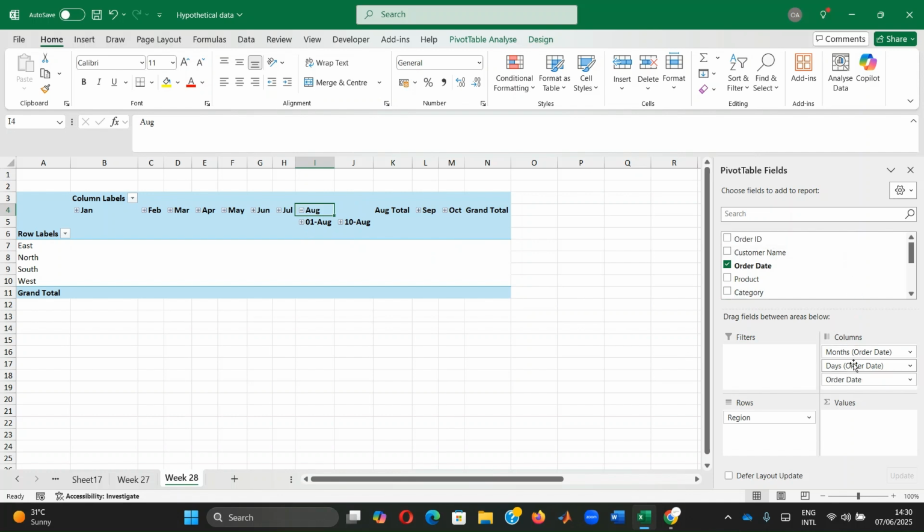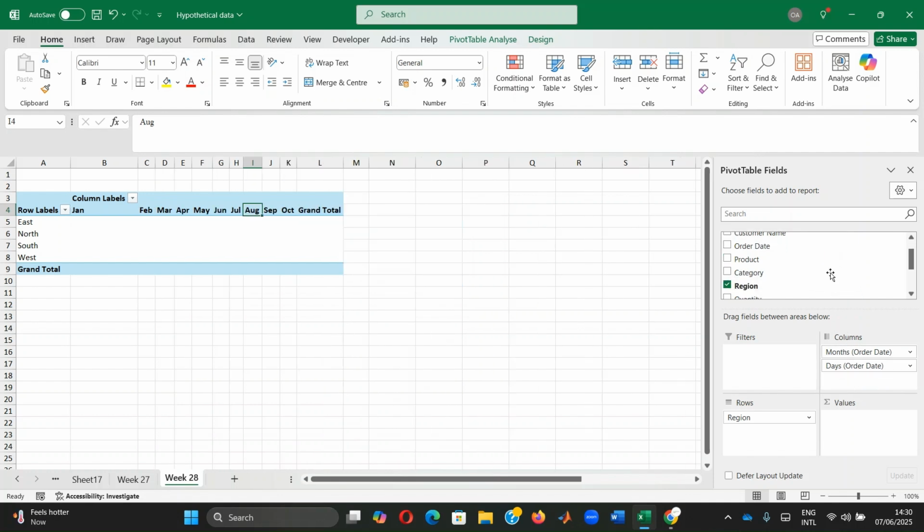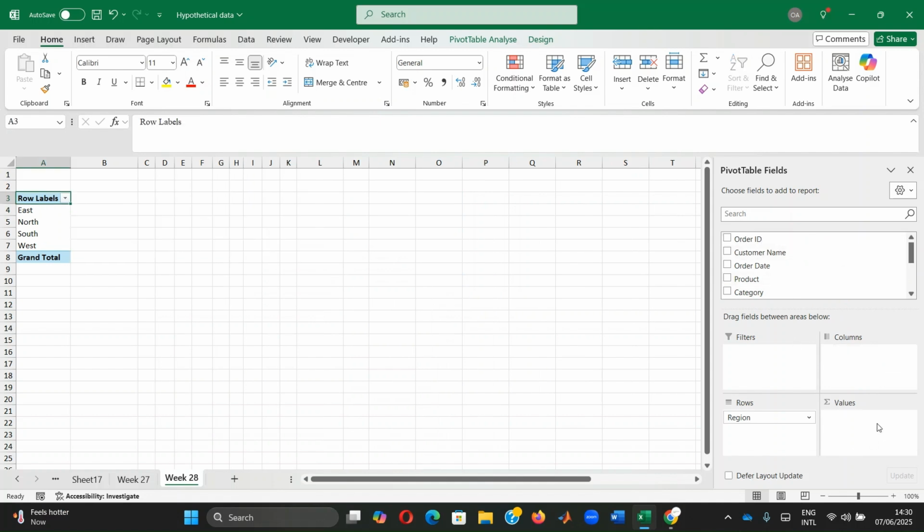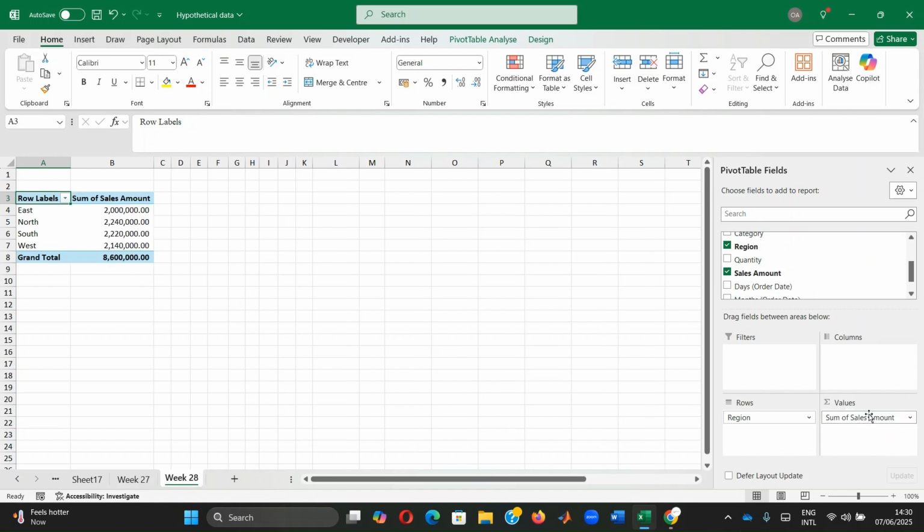Let's look at the values area. This is where you specify which data you want to summarize. For example, if you want to see the total sales amount, you will drag the sales amount field to the values area. By default, Excel will sum the values in this field. You can add multiple fields to the values area. For example, if you want to see the total quantity,